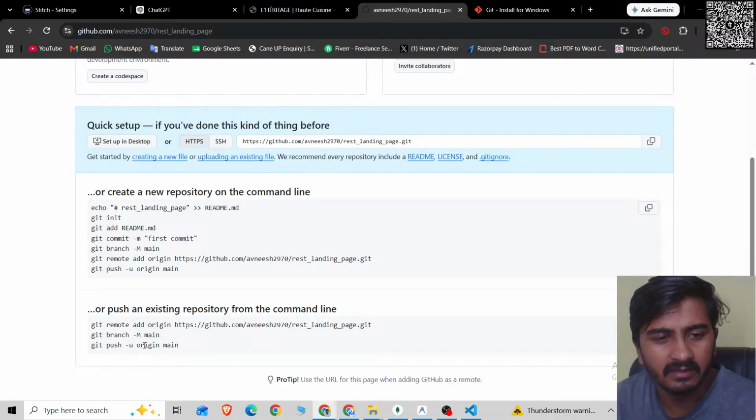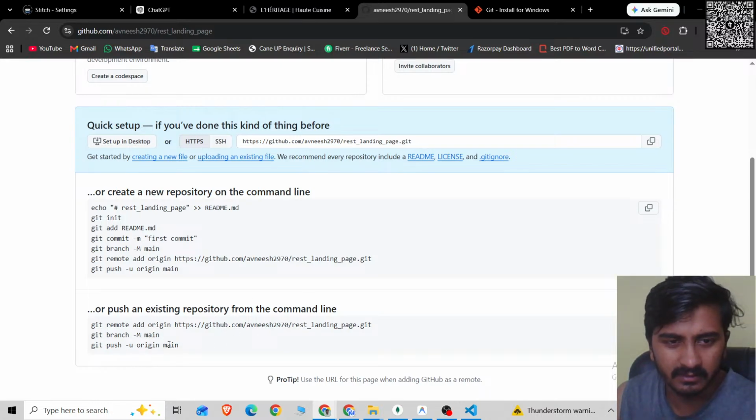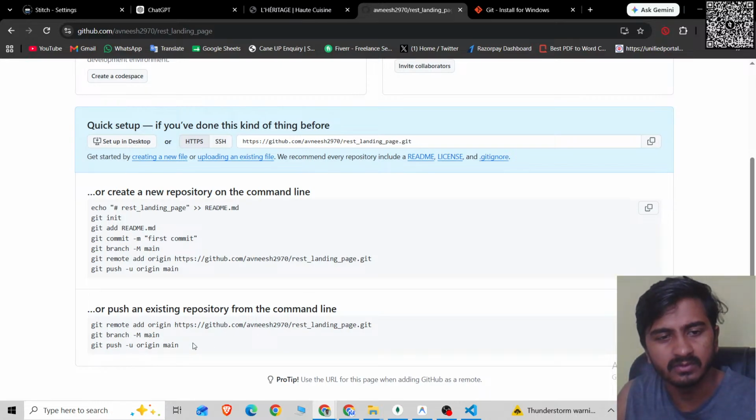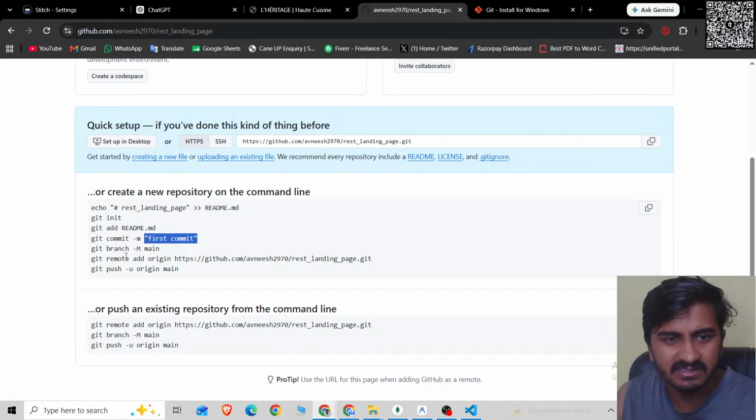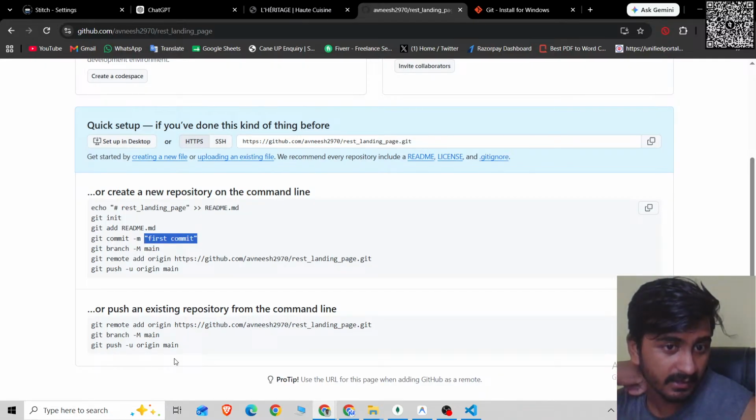Okay, and again we have to change the branch, and after that we have to commit the code. Before the push we have to commit the code. We have to run the command git commit, then after that, a message. Okay, and in the message